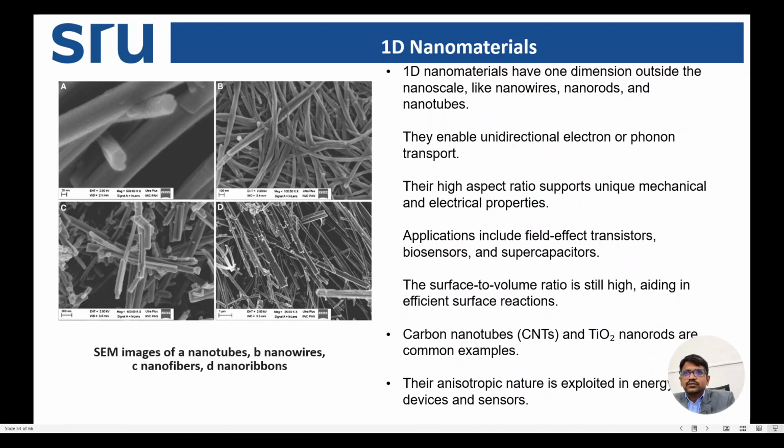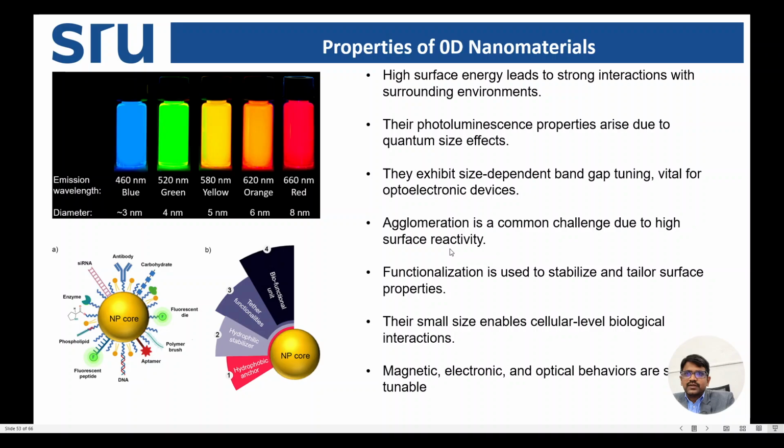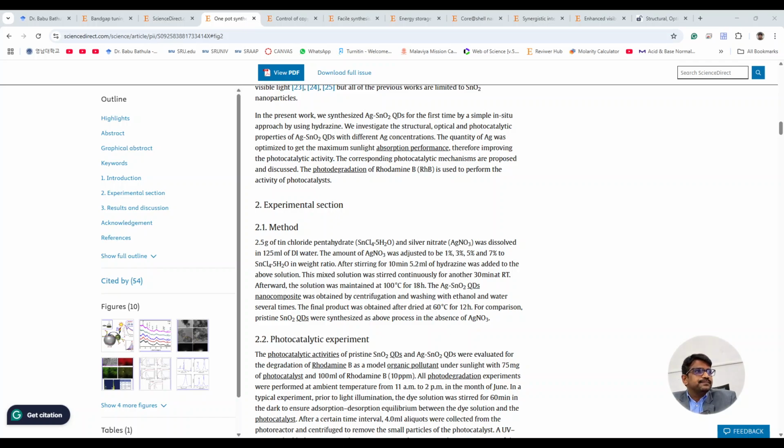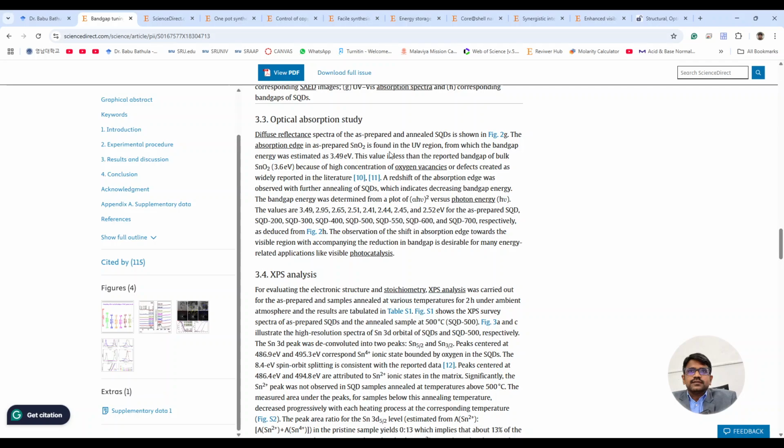Right. Before going to one-dimensional nanomaterial, we will see some practical examples for zero-dimensional materials. I will show some of my research related to zero-dimensional materials. I hope the Chrome window is visible to you, right? Here you can see,